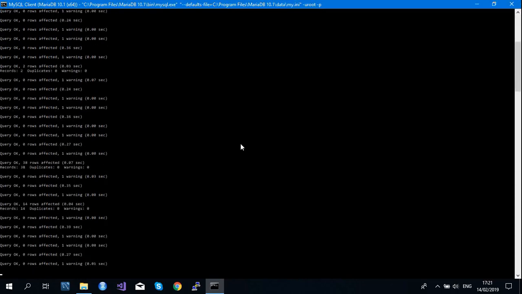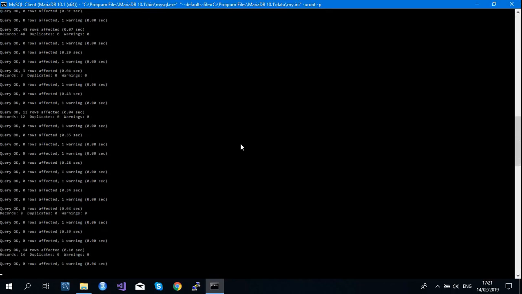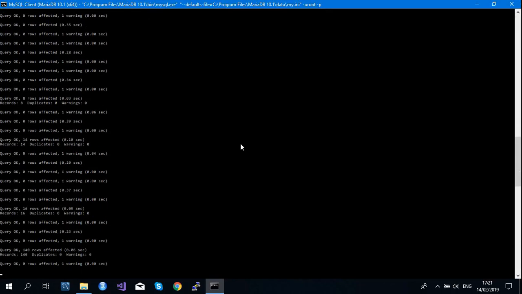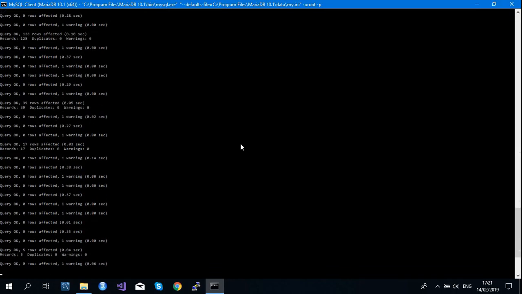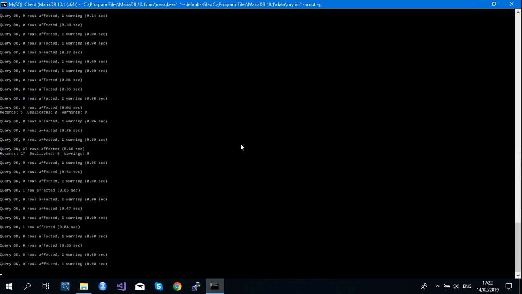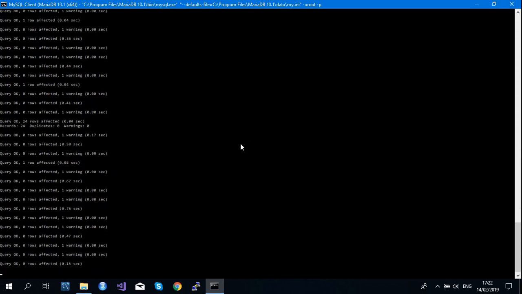So now this process is creating the database which will be needed by CleanSoft to work properly. It will take a few minutes depending on the speed of your computer.